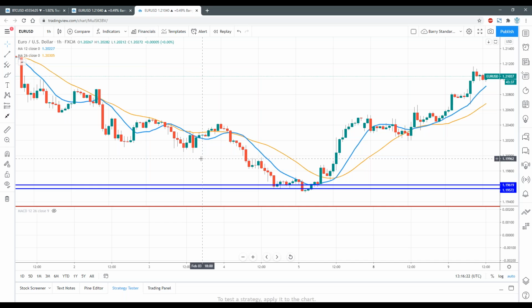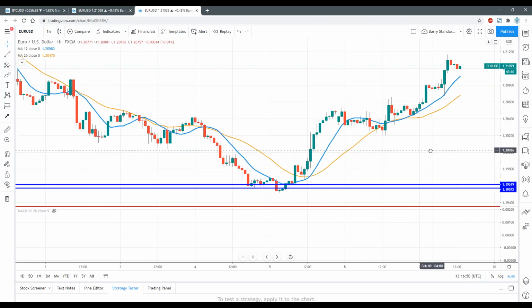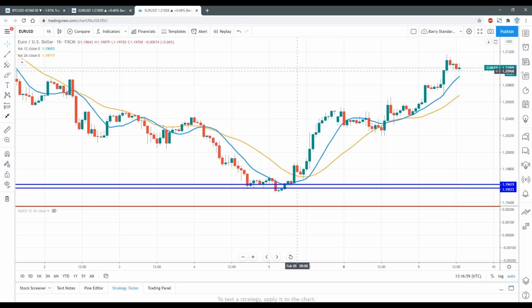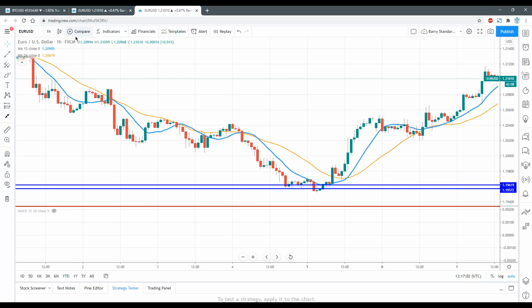Okay, now we're looking at my teaching chart, and we're looking at the Euro US dollar 1 hour chart. Right now I have on this chart a 12 period and a 26 period moving average. If we were just to use these, we would be using a simple moving average crossover strategy, which is not a bad strategy, and works well. We're also using a simple moving average. So as you can see, this moving average couldn't be put on this chart until this bar closed right here. So it's lagging. So in order to get rid of the lag,